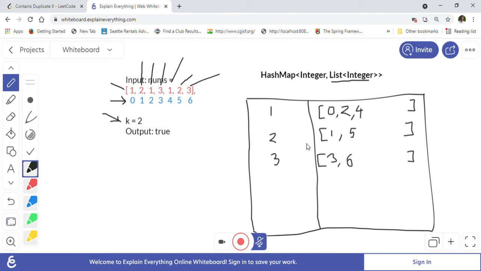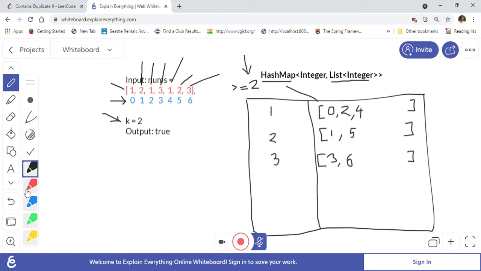So this is the way we form the hash map by traversing the array. Now what we will be doing is iterating over this hash map and only looking into the entries whose list size is greater than or equal to 2. And why greater than or equal to 2? Because we are finding duplicate entries, and duplicates will only happen if the list size is greater than or equal to 2. That's why.